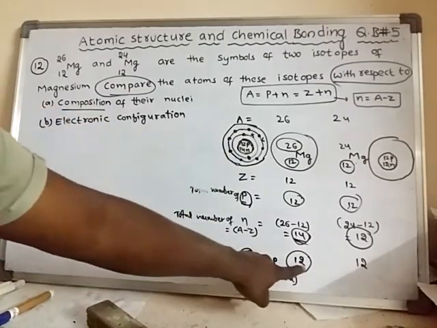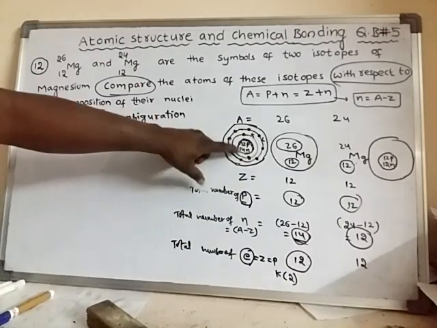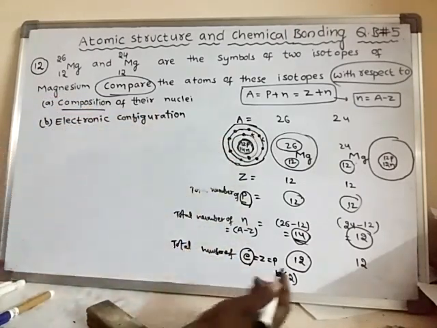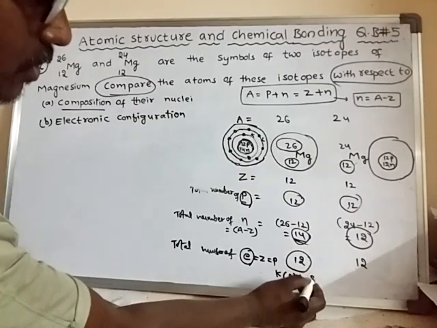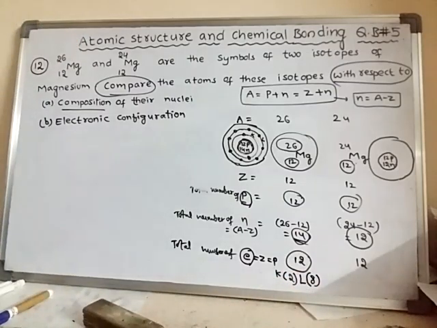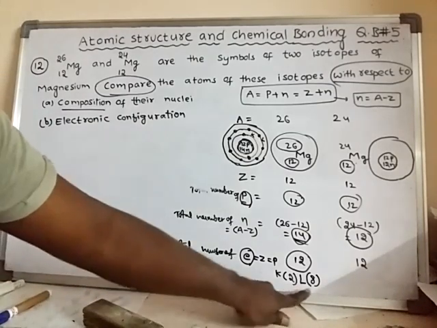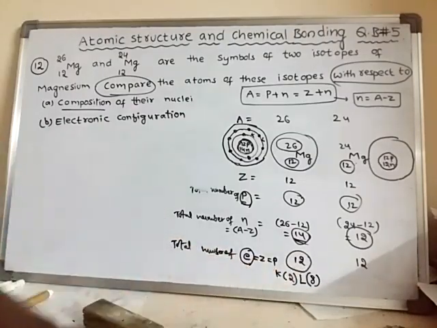So all the 12 electrons are to be arranged. See how many electrons are left over now. In the first orbit 2 electrons, and in the second orbit, the L shell, 8 electrons. The second orbit cannot accommodate more than 8 electrons. Then altogether how many electrons are finished? Only 10 electrons are finished. But this particular atom has 12 electrons.